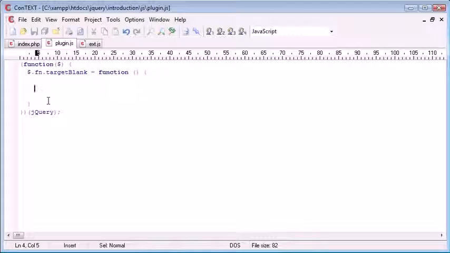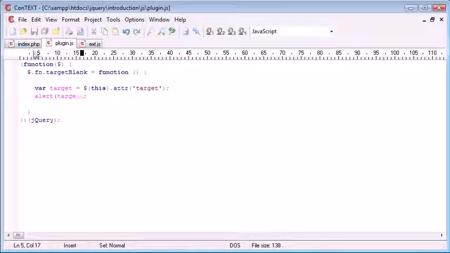So the first thing we want to go ahead and do is actually get the target of the current element. In this case it's all A tags, so we want to go ahead and say var target, so we're creating a new variable called target, and inside of our plugin we can use this as we would normally in jQuery to reference the current element that this plugin has been appended to, or the element that's using this plugin. So we can use this, and what I'm going to do is just go ahead and get the attribute target. In this case what we can now do is alert out